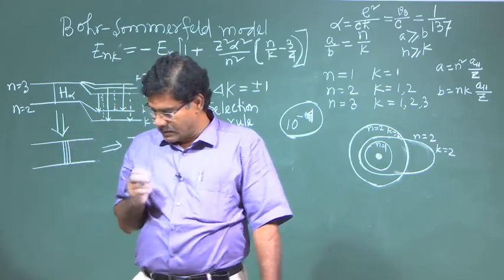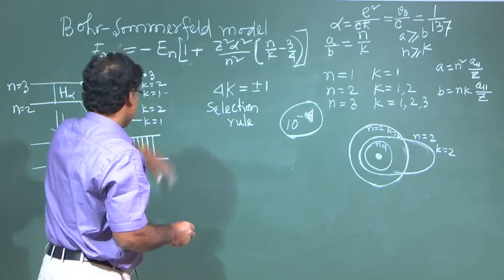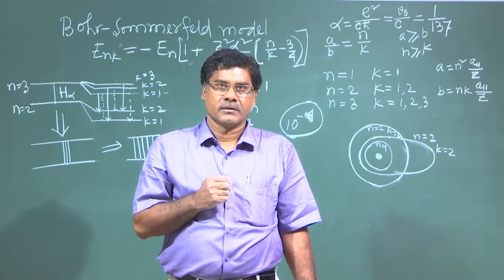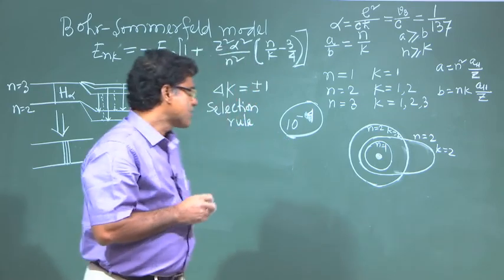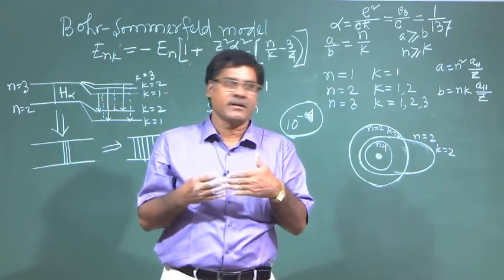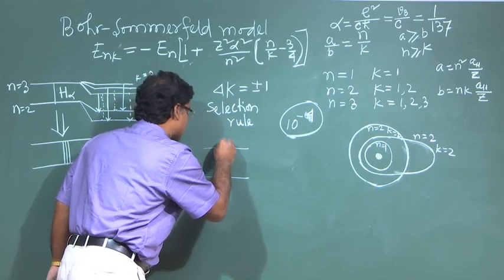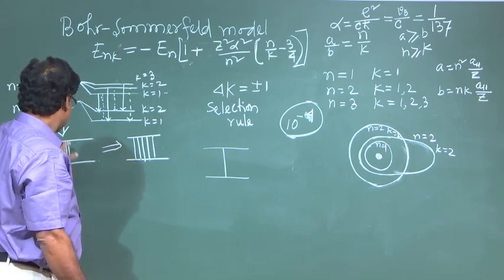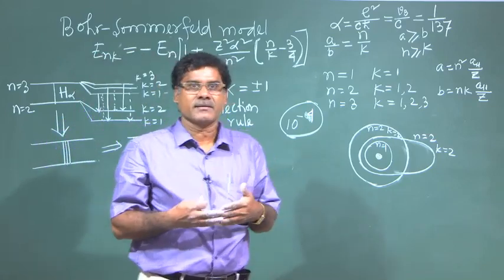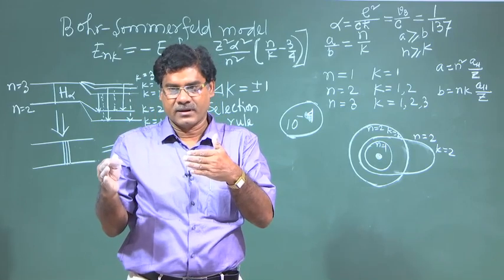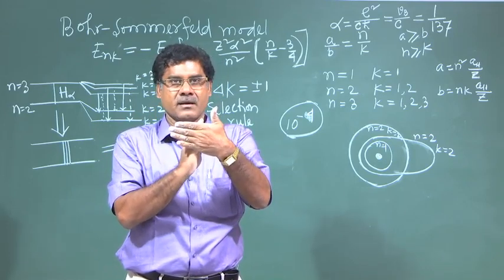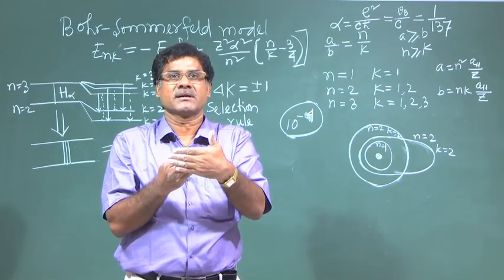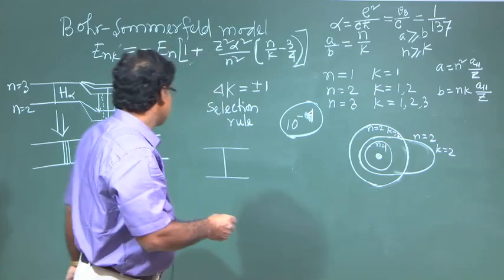Okay. And also it was observed that when we apply electric field or magnetic field, then each spectral line, without applying electric or magnetic field, whatever spectral line you are looking at, now if you switch on the electric field or magnetic field, meaning your sample, your atom is under electric field or magnetic field, then this line is splitted